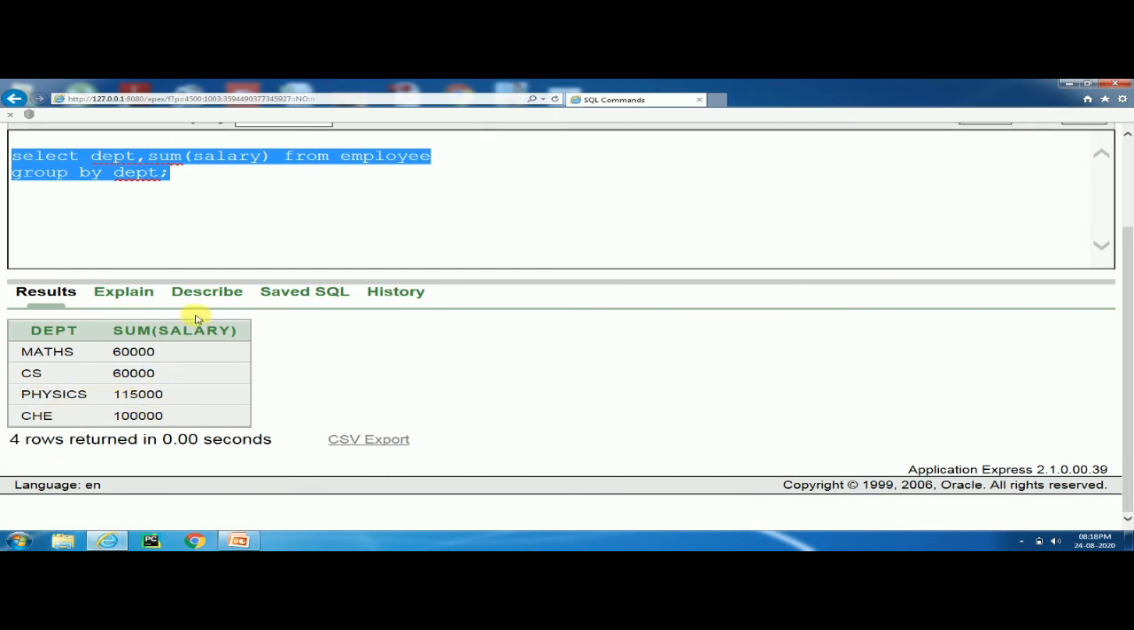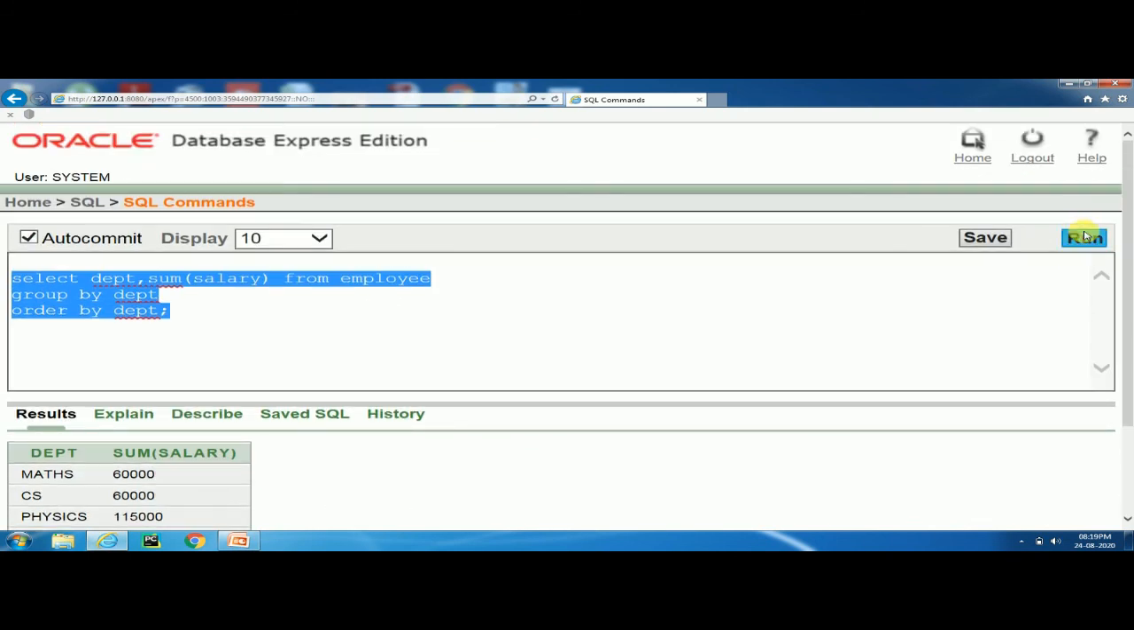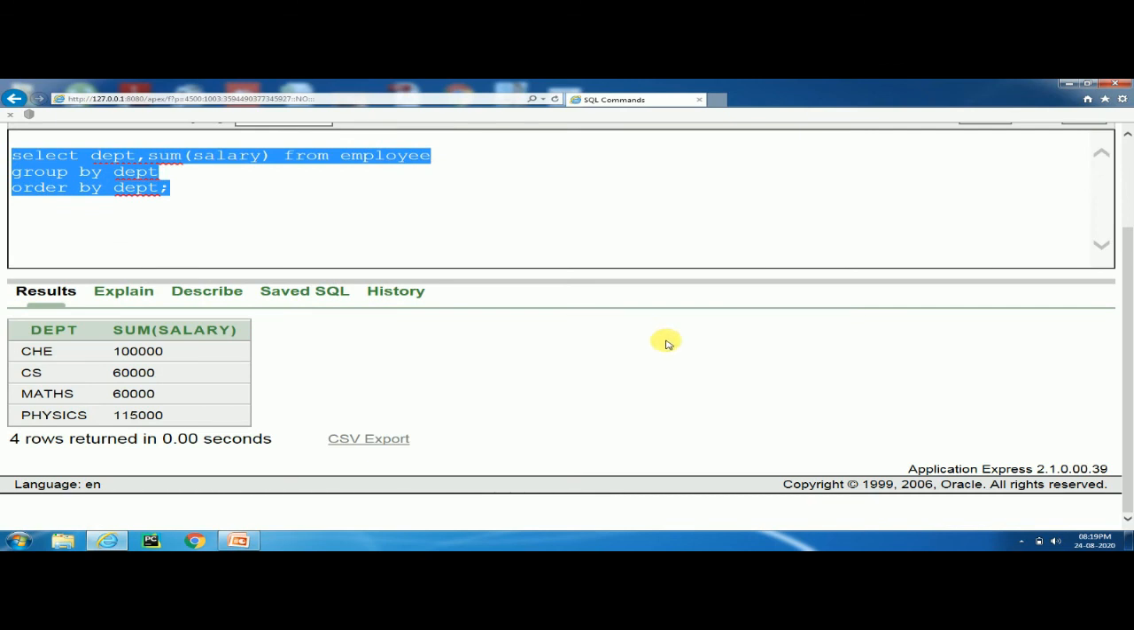Now I can also use the order by clause along with the group by clause. I will remove the semicolon here and add order by department. It will be on the basis of ascending order. When I run this, you can see the data is shown in alphabetical order: chemistry, maths and physics. This is the way. Now I want